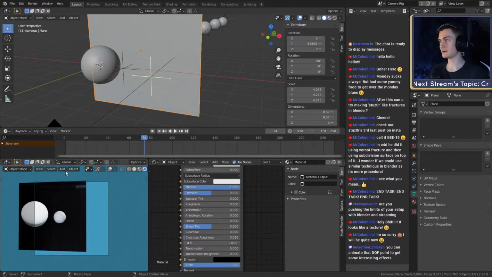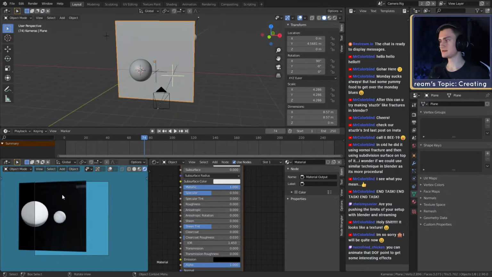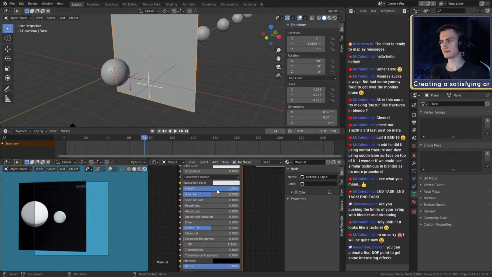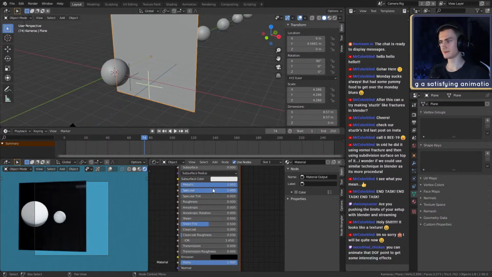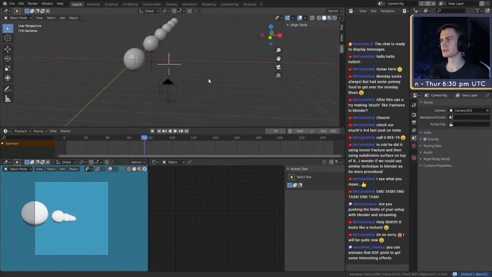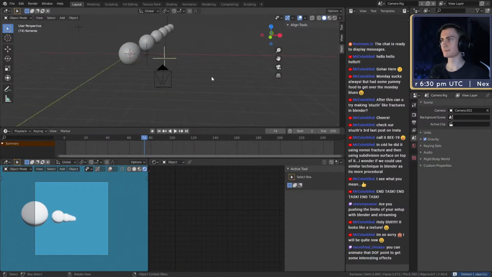Okay, so as you can see now, you can see the world in the background, like in this mirror. Let's put the specularity up. Yep. So now you can see the background. But you cannot see it if it's in the background. I mean, if there's no reflection. So right now you cannot see it.